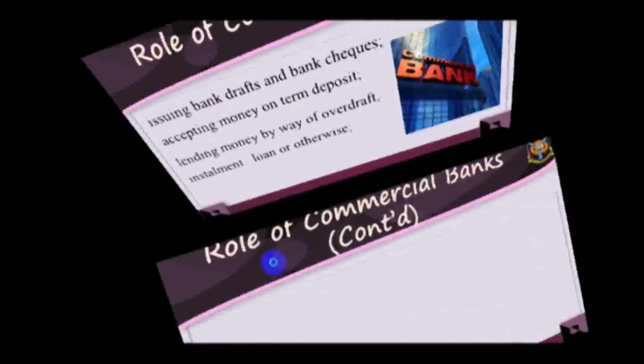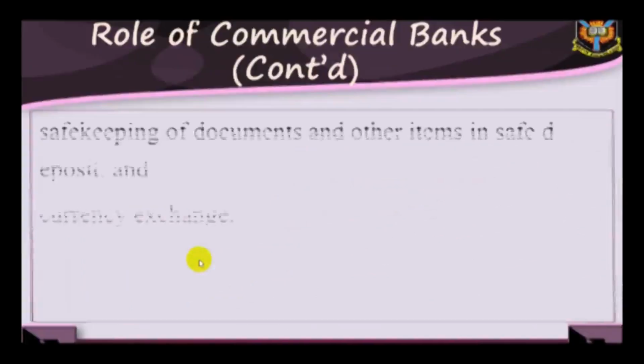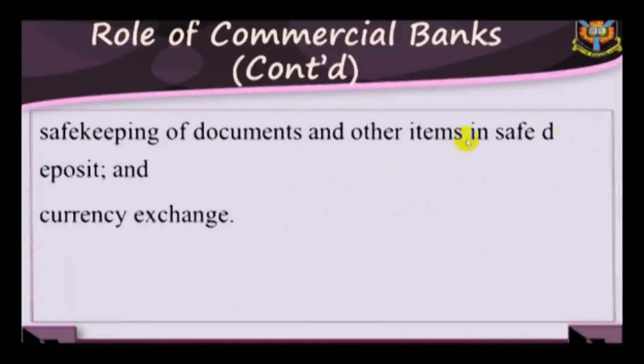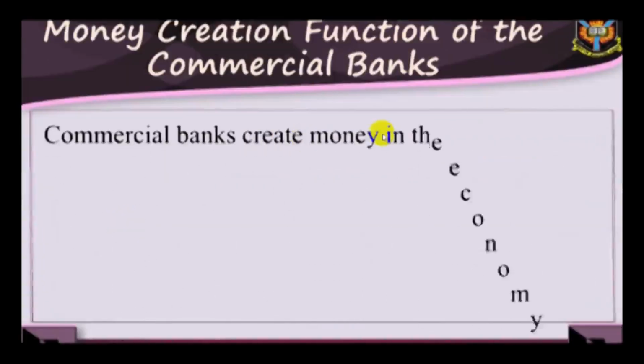Providing documentary and standby letters of credit, guarantees, performance bonds, securities underwriting, commitments, and other forms of off-balance sheet exposures. 6. Safekeeping of documents and other items in safe deposit. And 7. Currency exchange. The commercial banks also perform some economic functions such as: